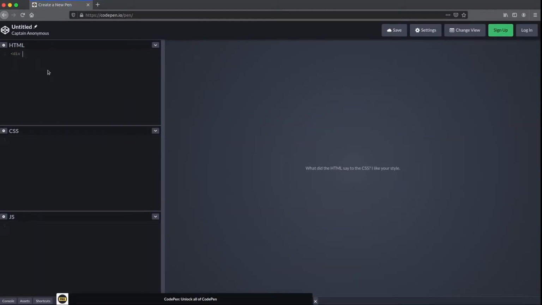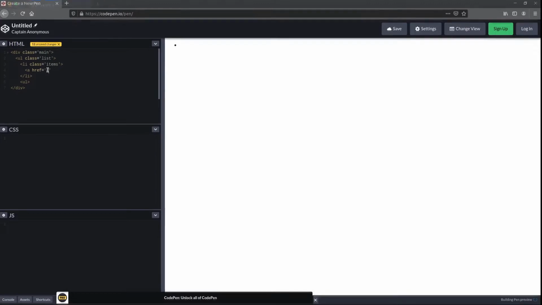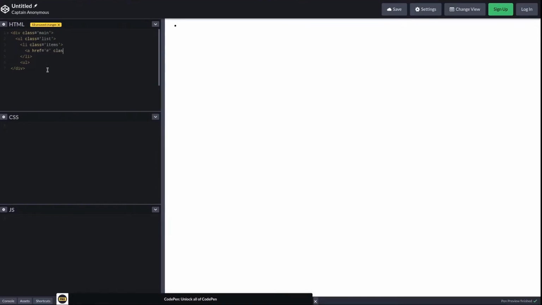I start with a div with the class name of main and, not li, first another list with the class name of list, and a couple of li with the class name of items, and here an anchor element with href pointing to nowhere, and the class name should be link.